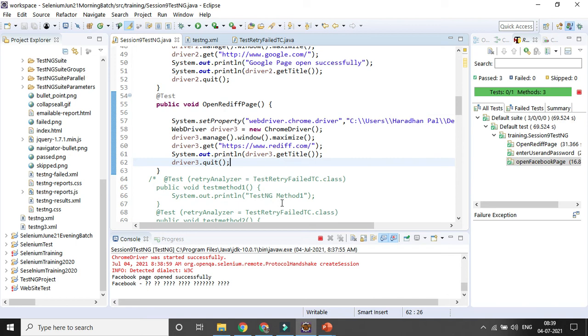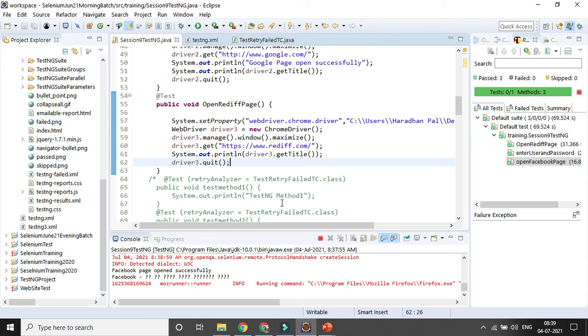So 3 test cases have run, and it is still running. The other 4 test cases will be running in the Firefox browser. It is opening the Firefox.exe file, trying to launch the browser.